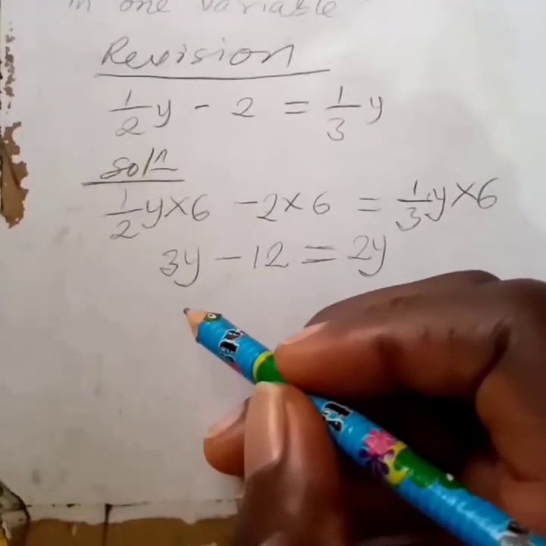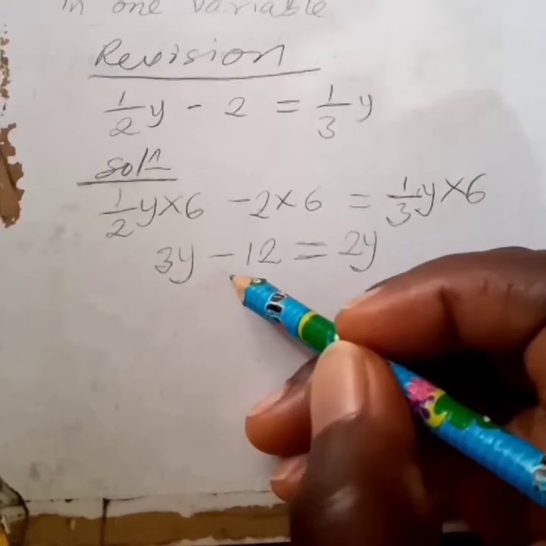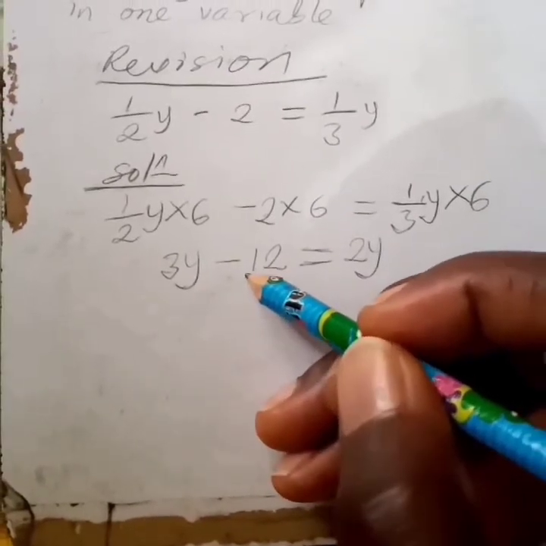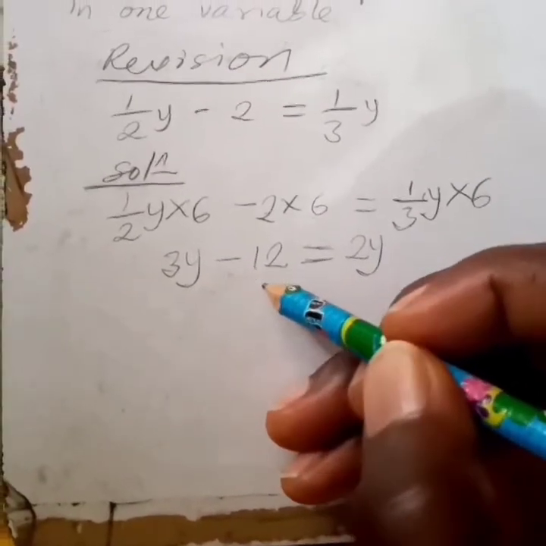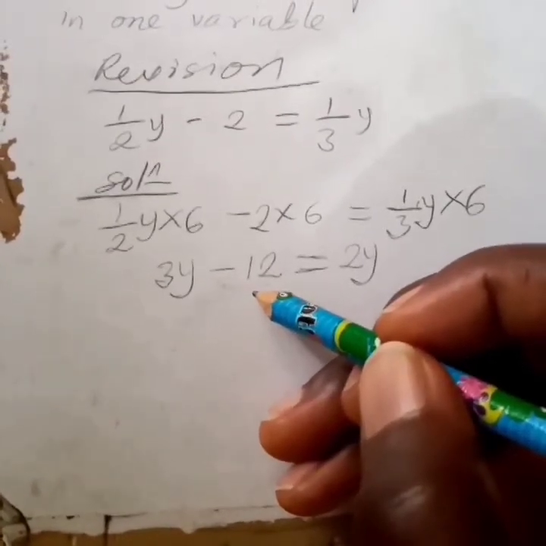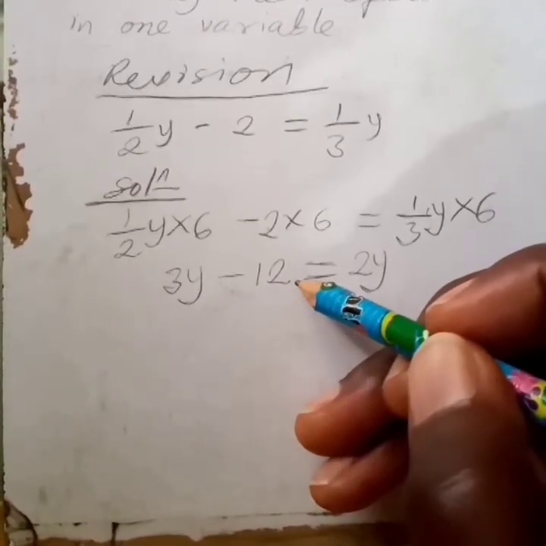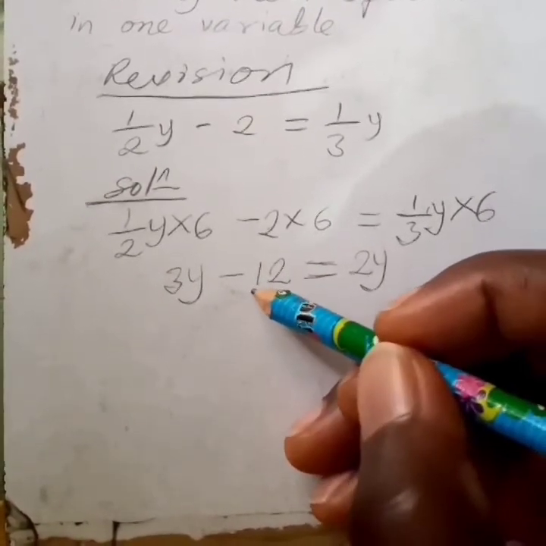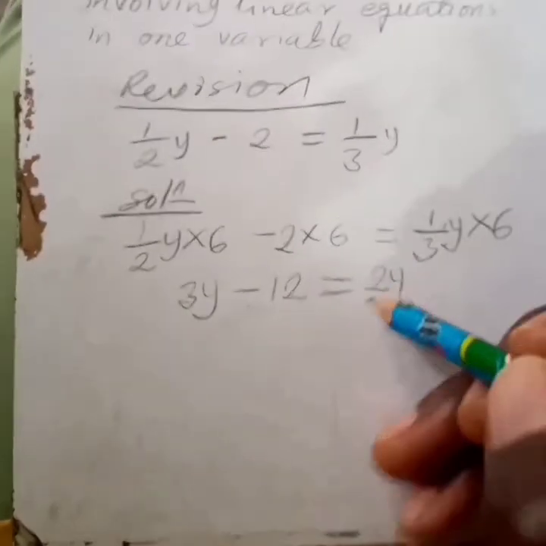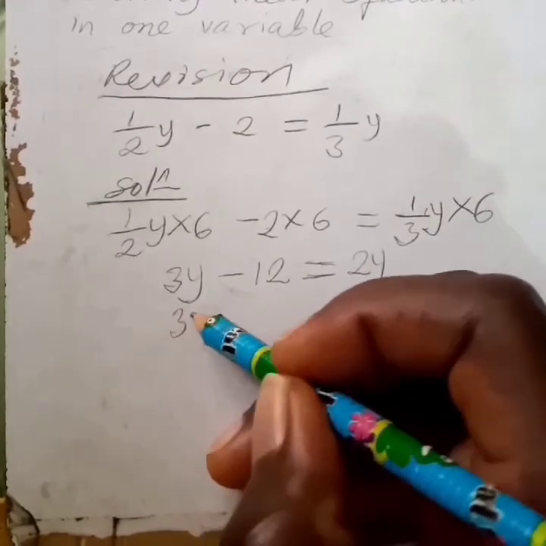You want to do away with the constant first, and the constant here is negative 12. What is the additive inverse of negative 12? It is positive 12. So we would add 12 to both sides of the equation, and that would be 3y